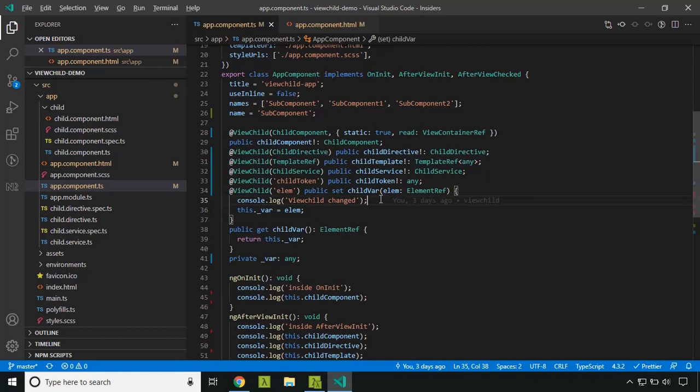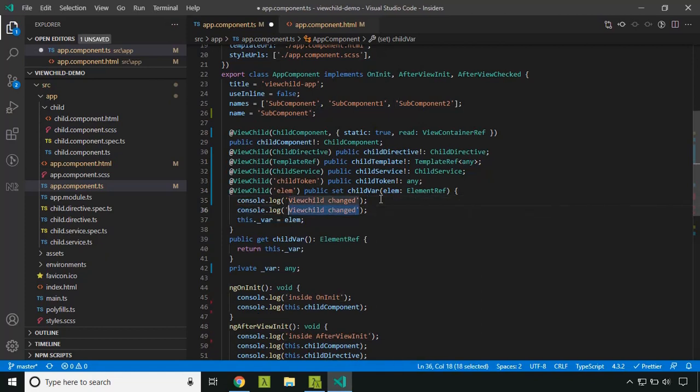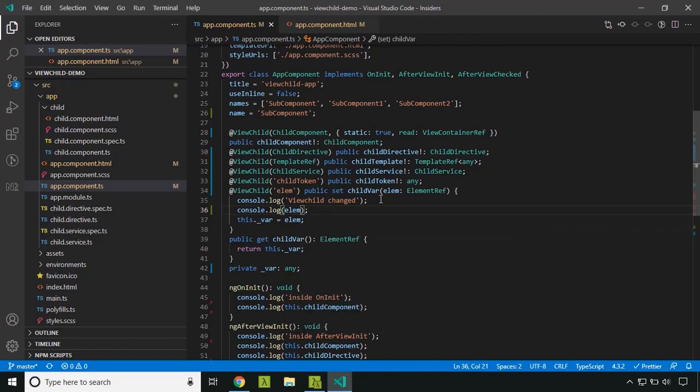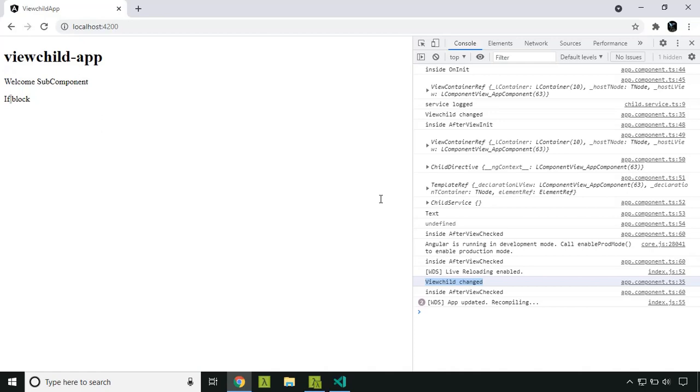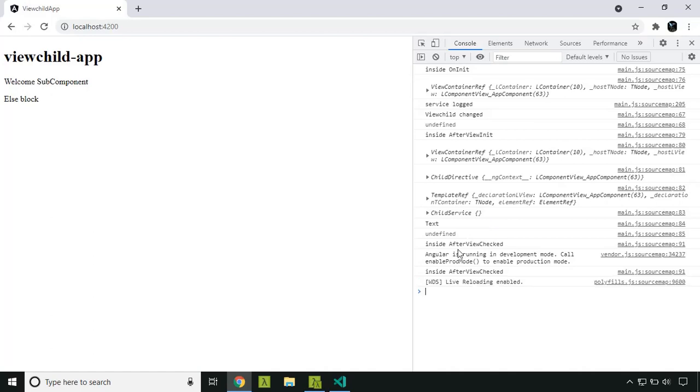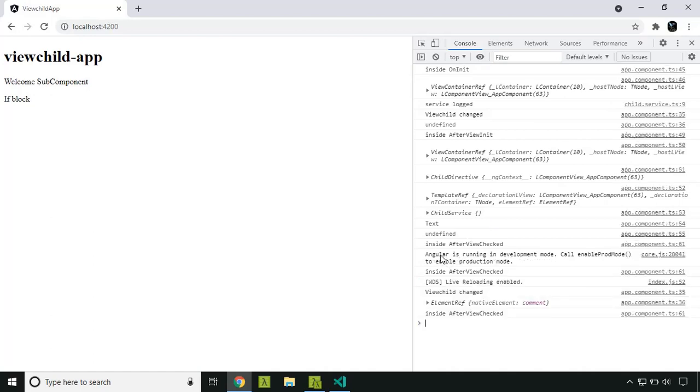So I will add a console log once more, and now the value will be an element ref. So here you can see that it is an element ref.